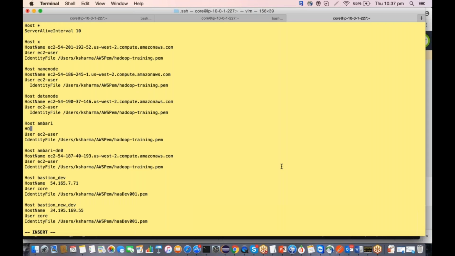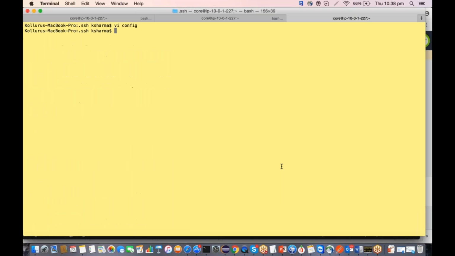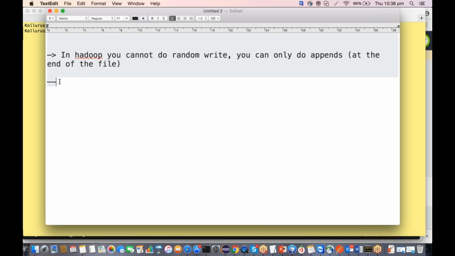So, what is the difference between Hadoop FS and HDFS DFS? You said we can invoke FS either through Hadoop or HDFS. Hadoop FS is an older version. There are some reasons: Hadoop FS can be used with the local file systems also, while HDFS DFS works with your HDFS file system. Hadoop FS can be used with the local file system